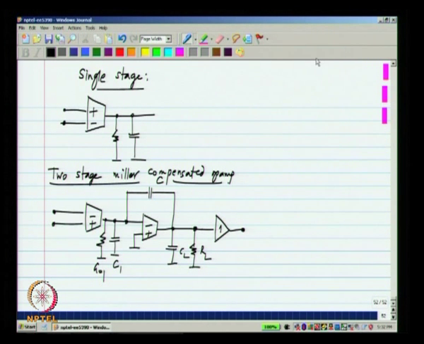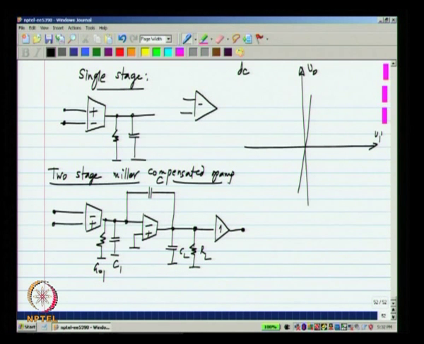Now, what do you see in an op amp data sheet? What is it that we want from an op amp? First of all, we want a very high DC gain. So, the DC gain is usually given, even the DC transfer characteristic is given, DC V naught versus Vi. We want a high DC gain. So, that means that we must have a characteristic with a high slope. Now, what happens is that the op amp is operated from some supplies V plus and V minus. There is an upper supply and a lower supply, which could be anything.